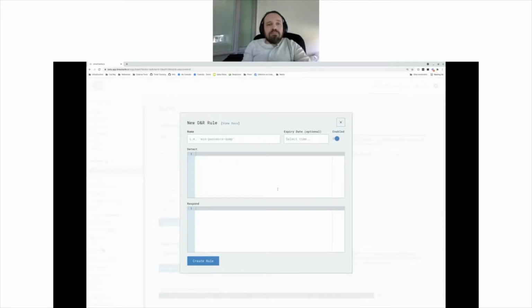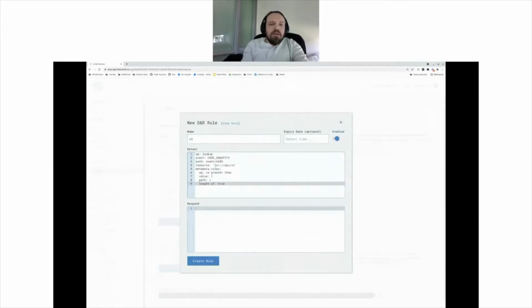create a rule. Just going to call it VT. So this rule, I'm not going to go into the full details. We have edu.limacharlie.io as well as webinars and YouTube videos and all that will cover it. But here's the critical bit, right? That I really want to raise. It's the use of